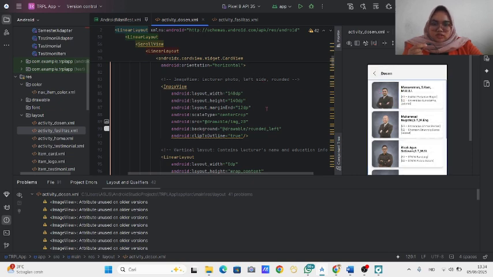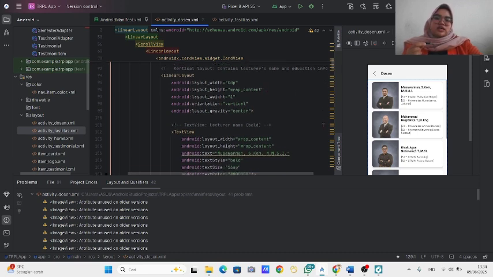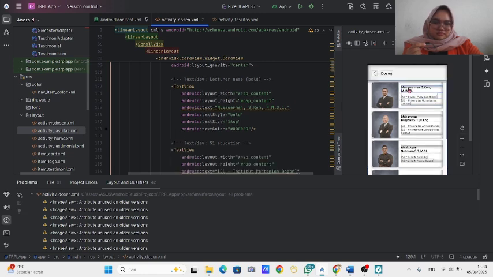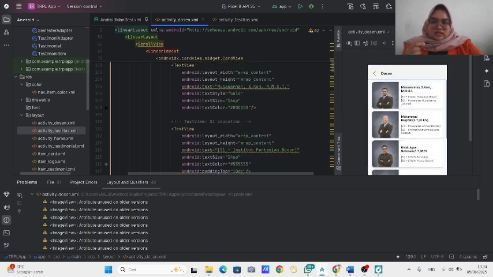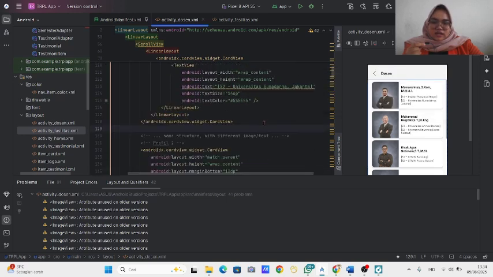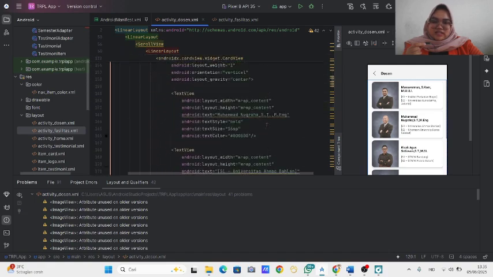Then we use a text view for the lecture name, and a text view too for education. And yeah, the same structure with different image and text.